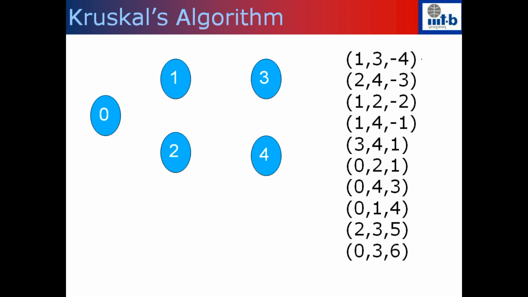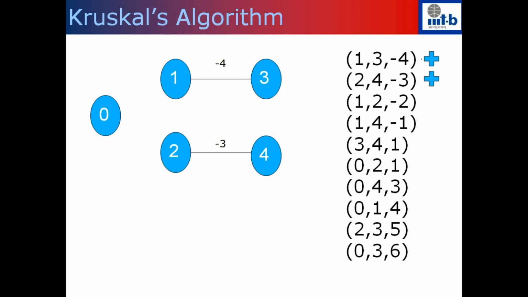So now let's start with the first one. I consider the first edge, then ask the question whether it goes across the connected component. Yes, it goes across the connected component. I add this edge into the MST. Then I ask the next question, which is 2, 4. 2, 4 also goes across the connected component, so I will add this edge.